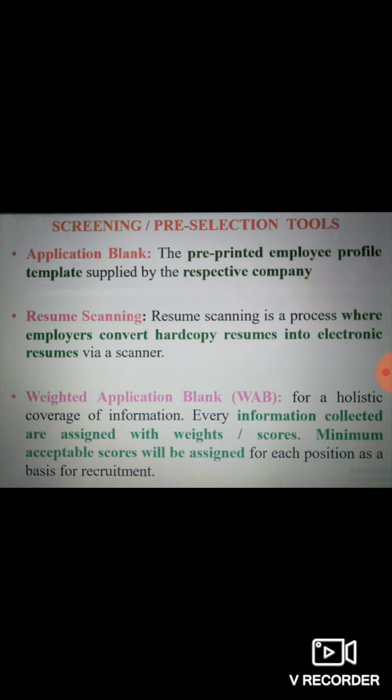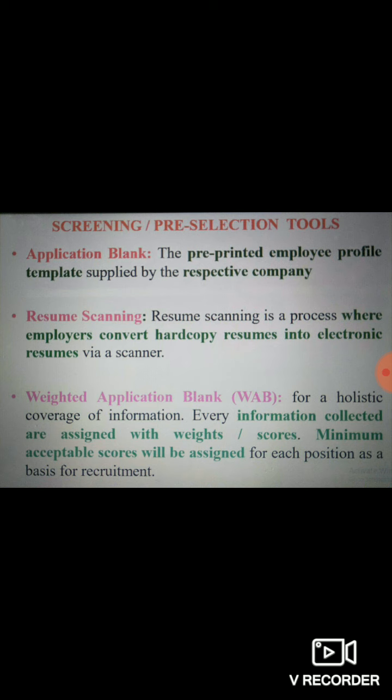So all of them should be notified with your details, because everything is connected to your presence and absence for a particular day, particular month, for a particular period. So in that case, we need to report everywhere. So foreseeing these things only, the application blank is given on the day one of your selection itself.